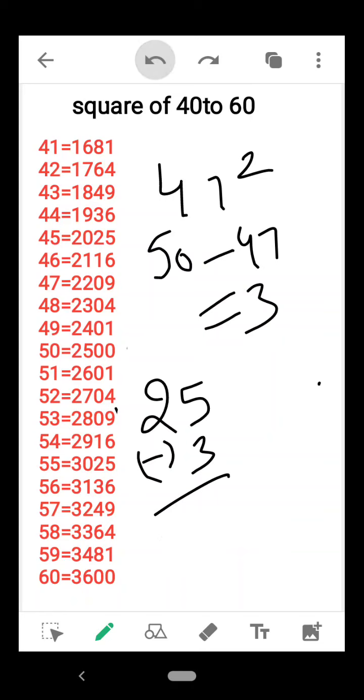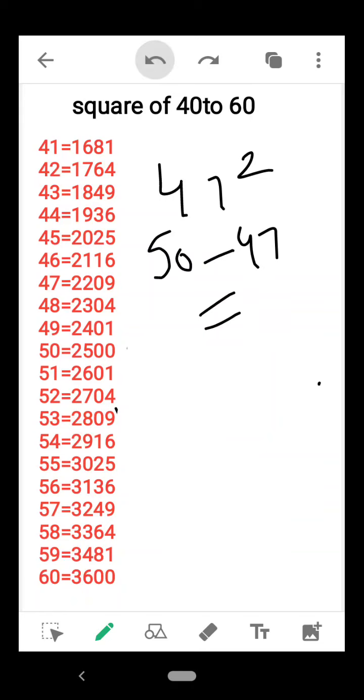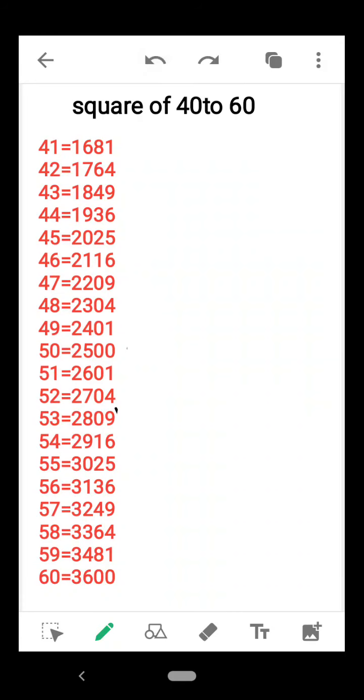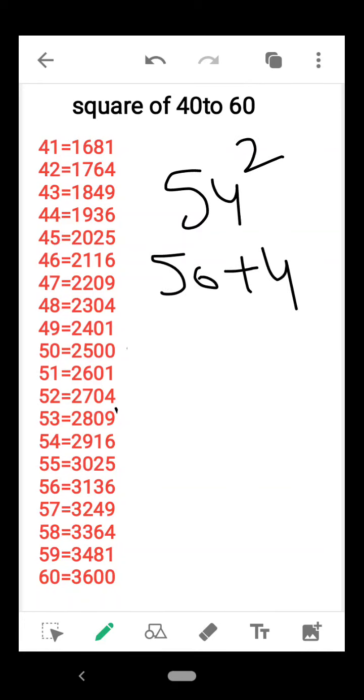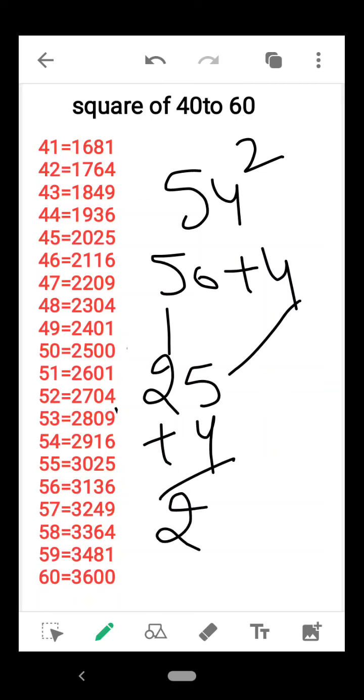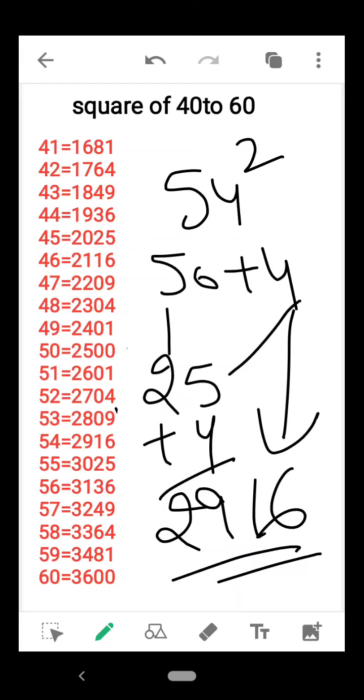इसी तरह से अगर आपका कोई भी नंबर है जिसकी हमने स्क्वायरिंग 40 to 60 करनी है, आप इसी तरह से कर सकते हो. तो take another example. अगर हम example लिखते हैं 54 का स्क्वायर, तो ये 50 से हमारा ज़्यादा है. कितना ज़्यादा है? 4. तो 50 + 4 लिखेंगे हम. आपको पता है 5 का स्क्वायर 25 आता है, तो इसमें प्लस कर देंगे. तो आंसर कितना है? 29. और 4 का स्क्वायर कितना होता है? 16. So your answer is 2916. So you can take any other example like this.